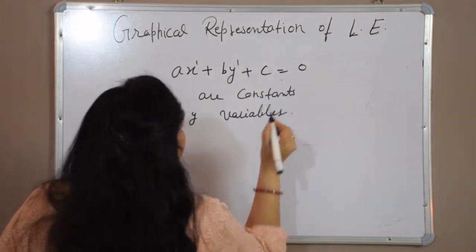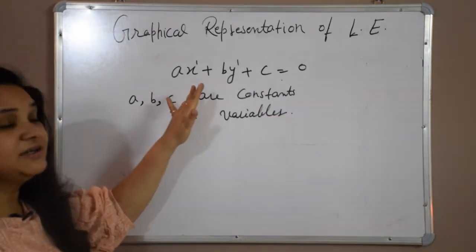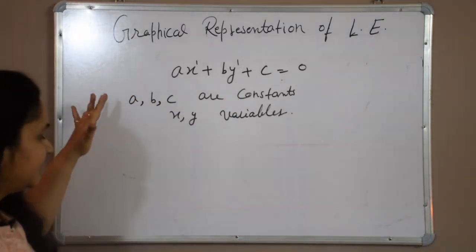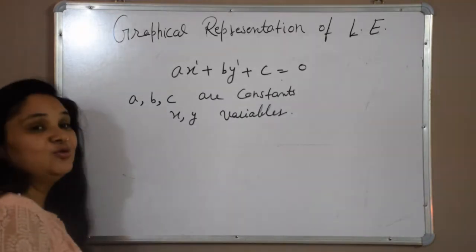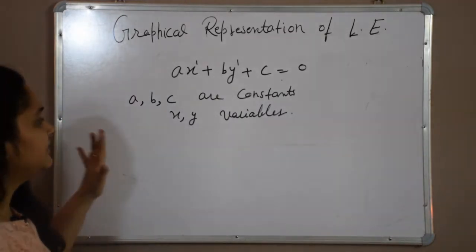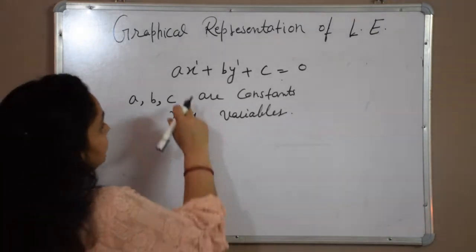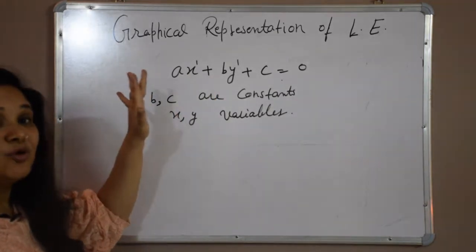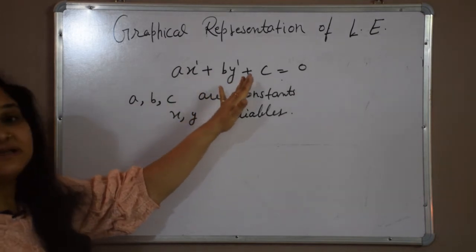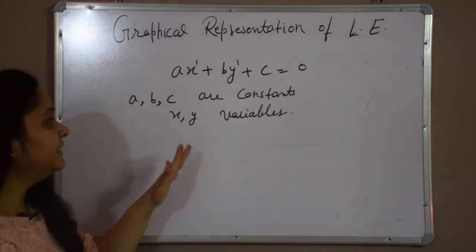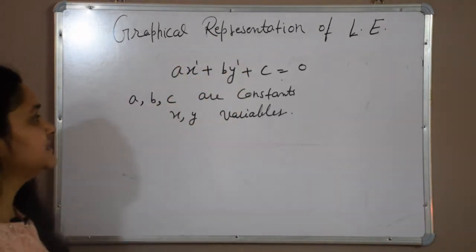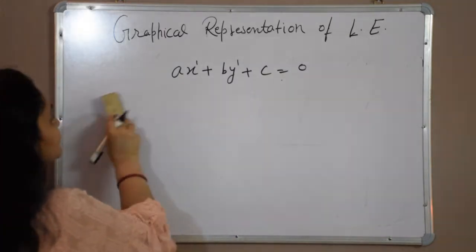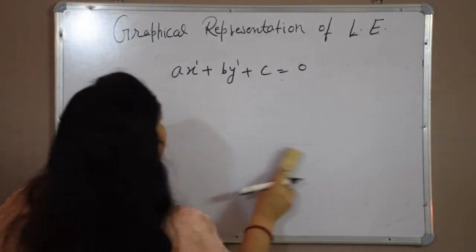We have to plot a linear equation in two variables on a graph. There is a particular procedure for that, and we have to understand that procedure very carefully. First of all, a linear equation in two variables represents a line. This is a very important result, that it always represents a line, and I will show you later how we can see that it always represents a straight line on the graph. First of all, there are a few steps we have to know.